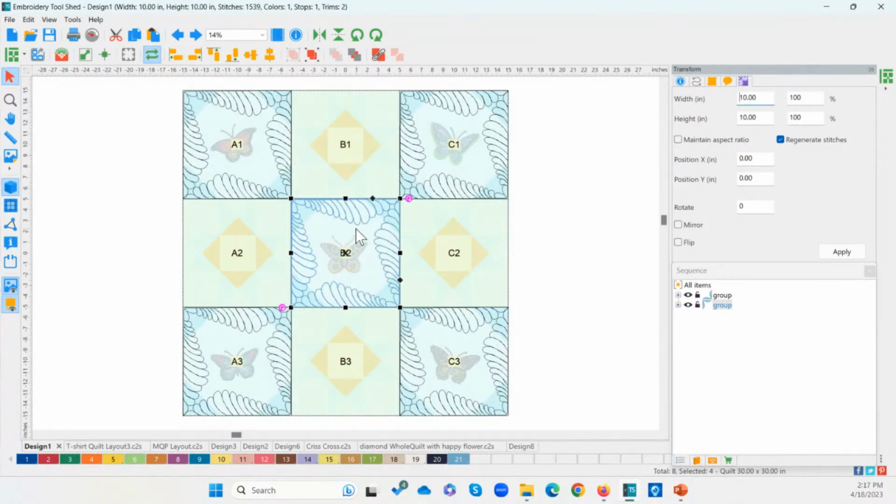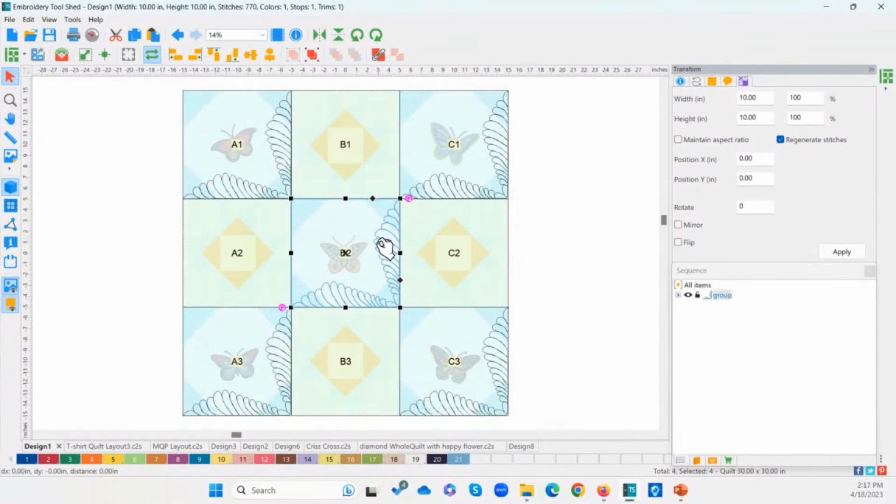Now, this design is actually one unit, and I don't have a way to split those two feathers unless I have another Dime software. My Quilt Embellisher will do it, or Perfect Embroidery Pro will do it, and there are some others of ours that will allow you to edit that embroidery quilting design. But My Quilt Planner is for planning. It's not about the editing of the design. So you'll need another one if you want to do that. But if this design does not fit within your hoop, then you could always choose something else.